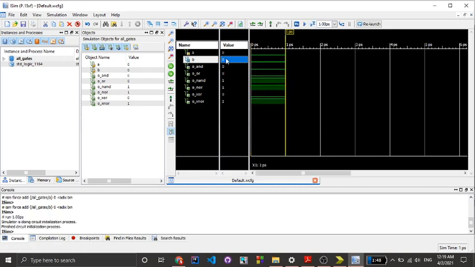So in case of 0 0 we are getting output for AND gate as 0 and output for OR gate as 0, because we know that for AND and OR gate when we get the input as 0 0 we get the output as 0.